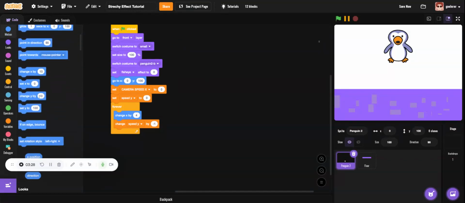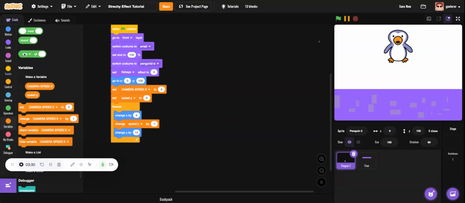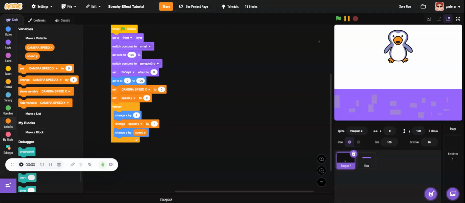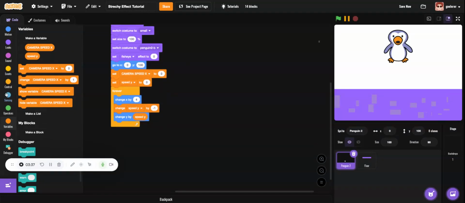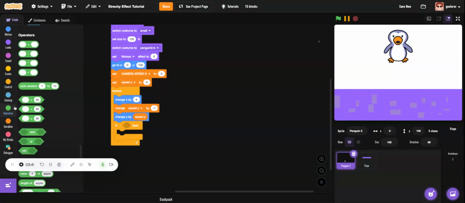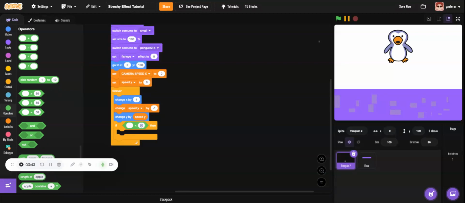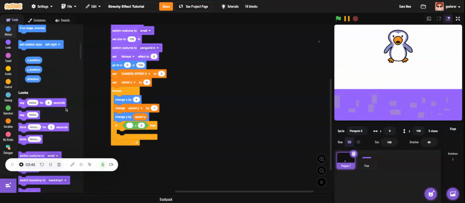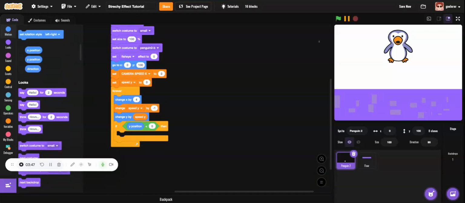Change y by speed y. If y position is less than 0, here the y position,